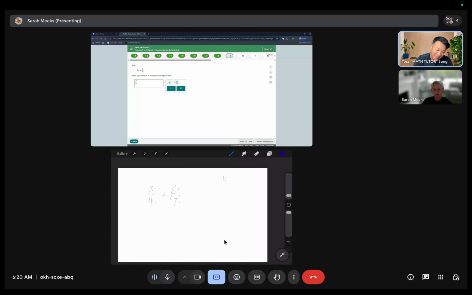So 4 times 7 is going to be your common denominator, the least common denominator, 28. That means you have to make them common, right? So times 7, whatever you times in the denominator, you times in the numerator. You might recall that. Times 4, times 4. Just clean it up. So it's going to be 21 over 28 plus